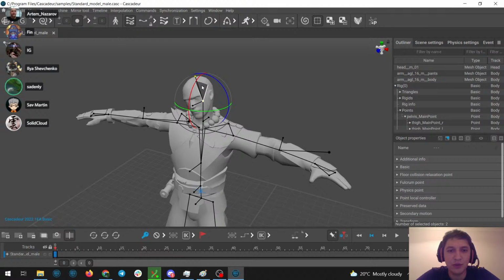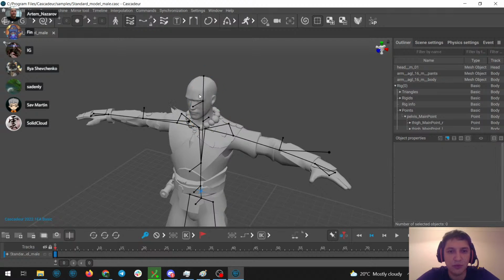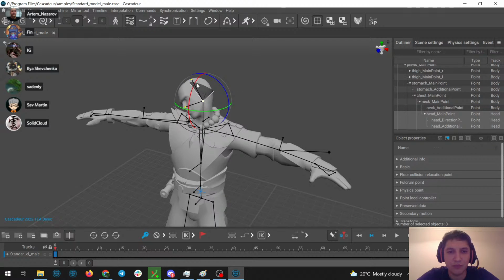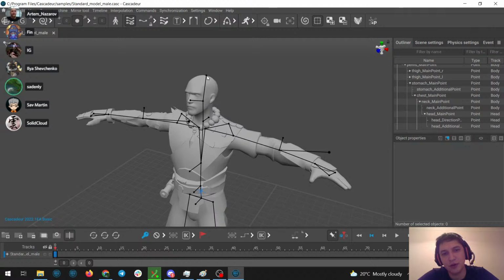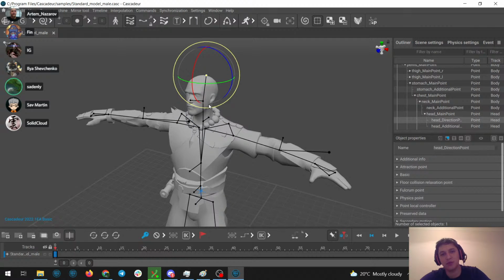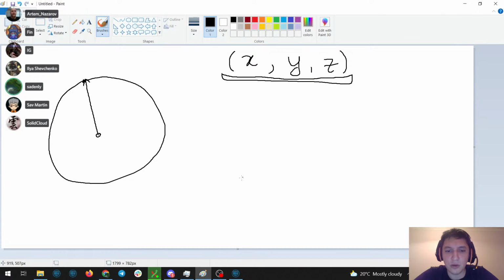Okay, so now I can rotate, and it's pretty obvious, I think, that the length of this edge should always be constant, and that means that this point is going around a sphere around this point. So okay, let's go back here. So what does that actually mean?